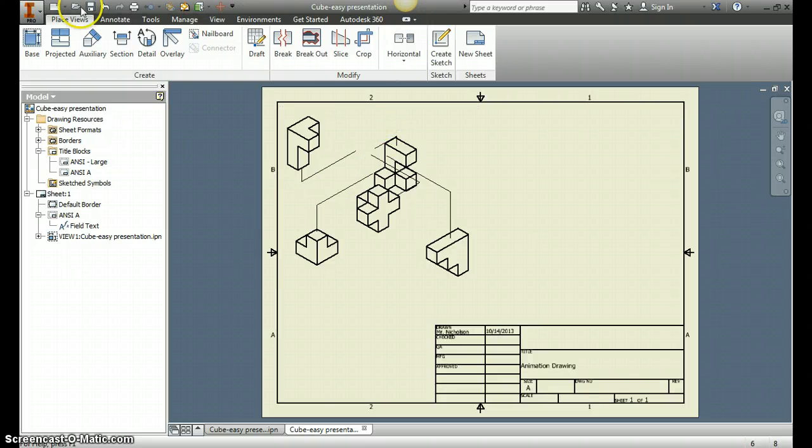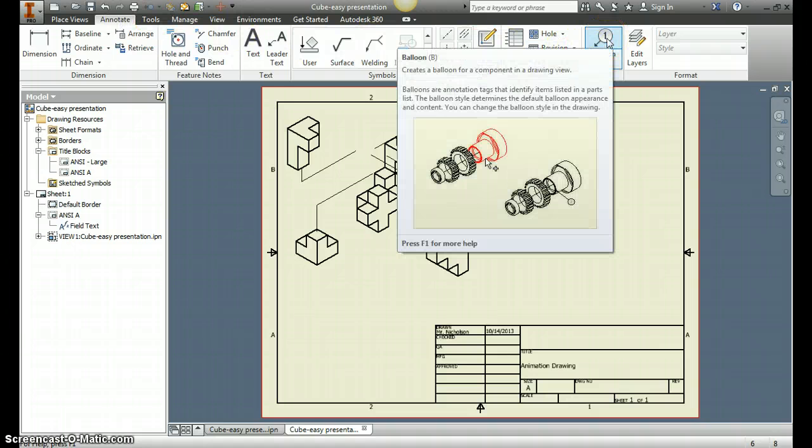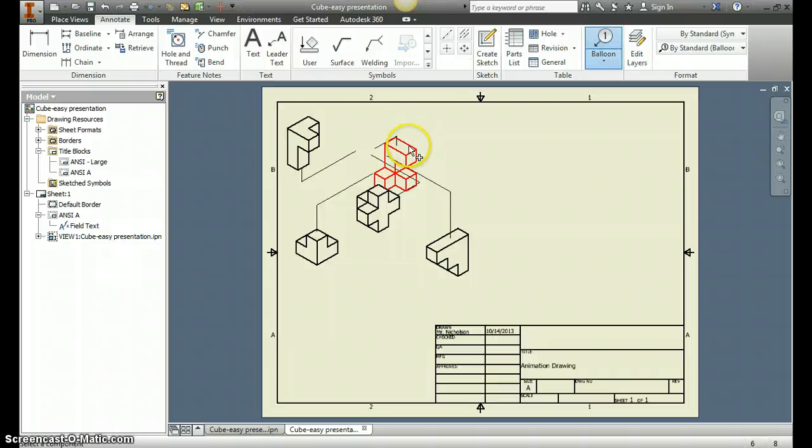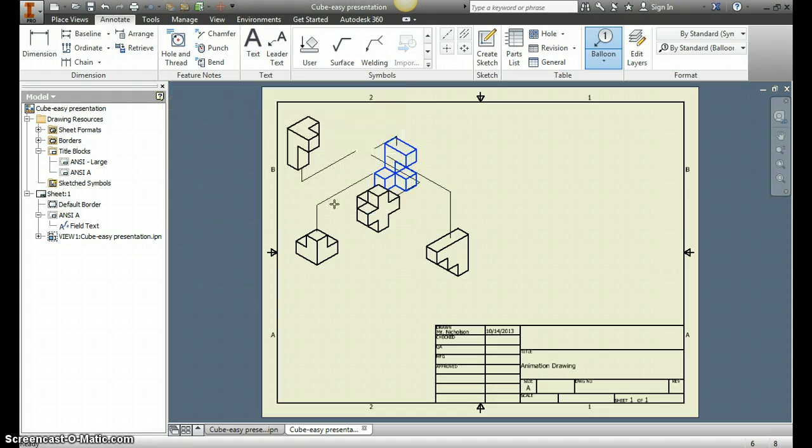Alright, the next thing you need to do is go up to annotate, select annotate, and we will add balloons. The balloon is just going to point to each part individually by number. So when you do that, make sure your mouse is on an outside edge of your piece. The first time you do it, you're going to get this window, BOM properties, bill of material properties. Just hit OK on that, and your balloon needs to be at some angle. I don't want vertical lines and I don't want horizontal lines. I want it at some angle,